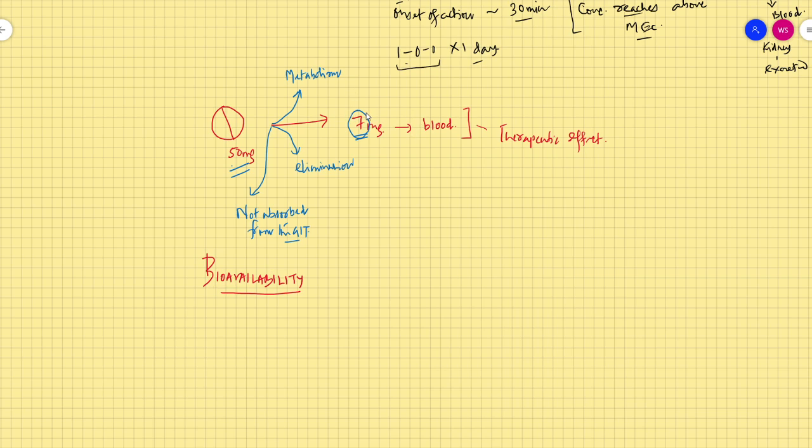So we said it's the fraction of drug that reaches the blood after administration. So let's formally try to define it. Bioavailability is defined as the percentage of administered